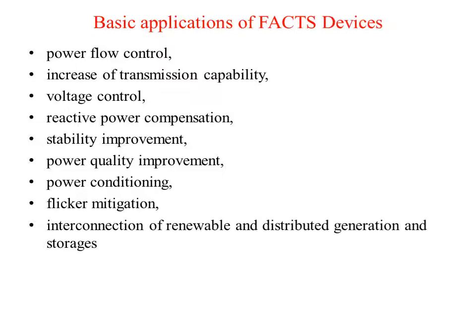FACTS devices are also used for improving the power quality. That is nothing but it reduces the harmonics. So these FACTS devices are mainly used for mitigating the harmonics present in the system. FACTS devices are nothing but semiconductor devices, and we have already studied that if we increase the number of switching, we can reduce the harmonics. So in FACTS devices, we have semiconductor devices. By controlling the switching of these devices, we can control the harmonic content present in the system. That means it is capable of improving the power quality.